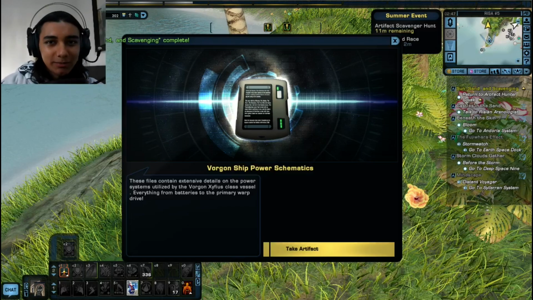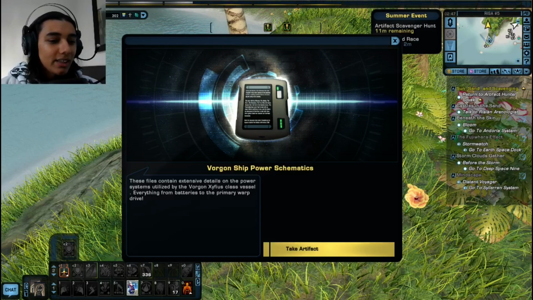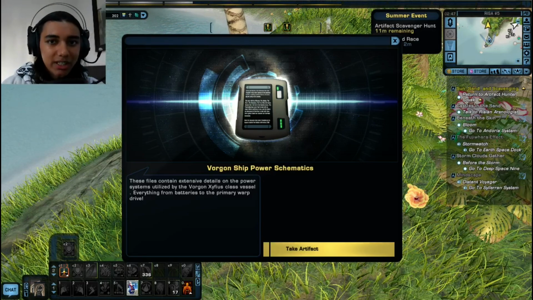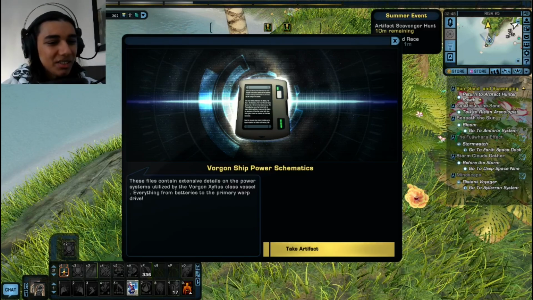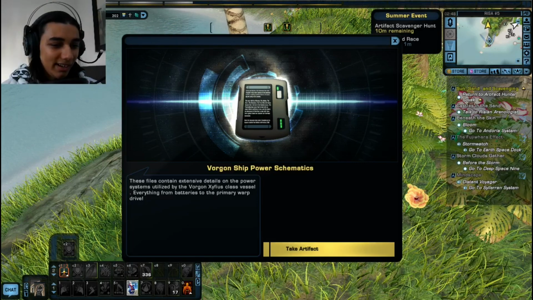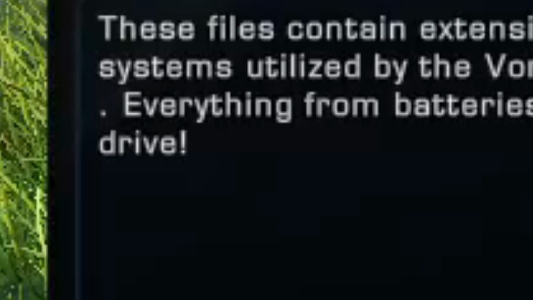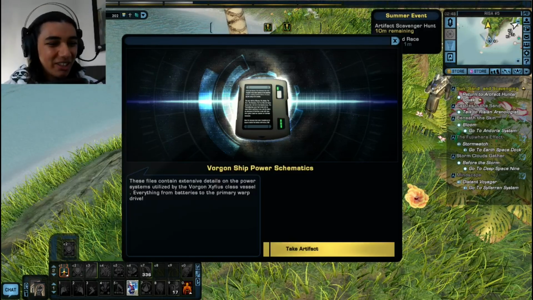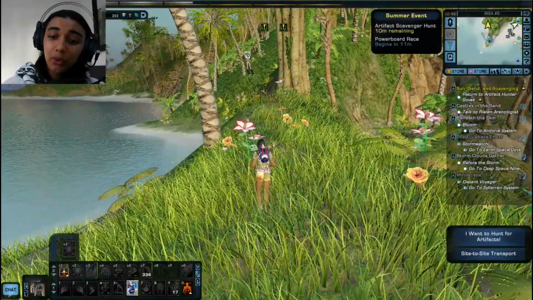And then you get a little snippet of Easter egg text that the thing you found was a Horga'hn ship power schematic. It'll be different for whichever artifact you find. It's randomized. These files contain extensive details on the power systems utilized by the Horga'hn Xiphias-class vessel. Everything from batteries to the primary warp drive! And then you could go straight to Sovak's camp, or you can just...